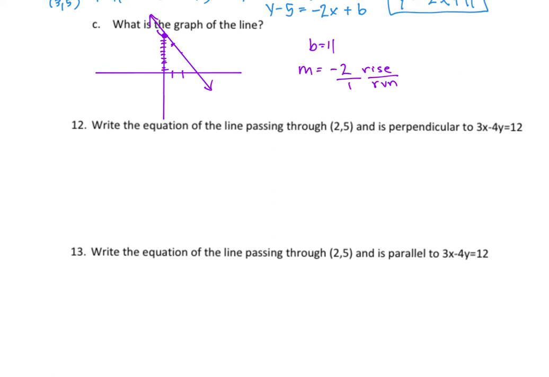The first thing that you need to do when you're writing the equation of a line is we need to make sure we know what the slope is. So we need to find the slope of the line we're trying to write. In this case, they tell us that our line is perpendicular to 3x minus 4y. I'm just going to take this 3x minus 4y